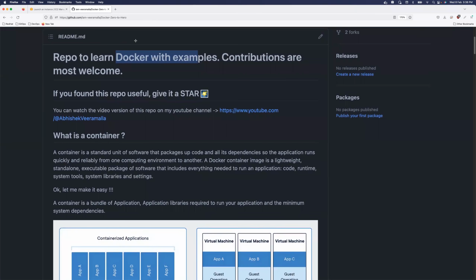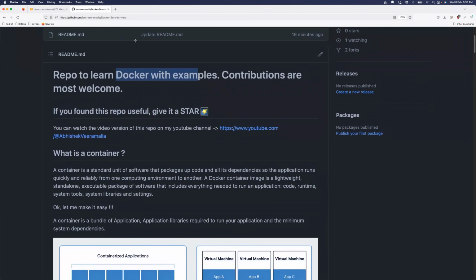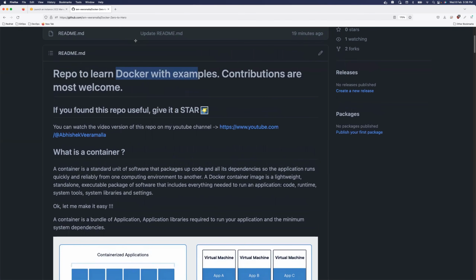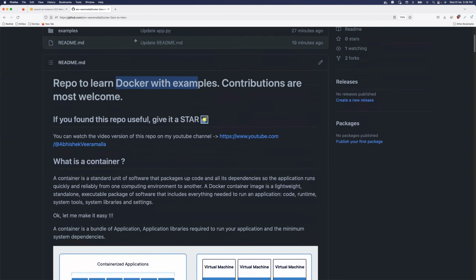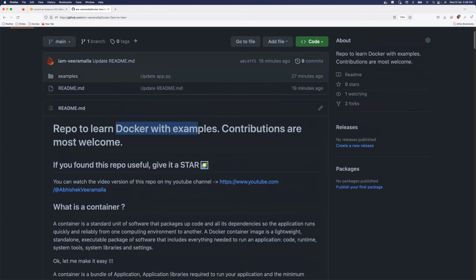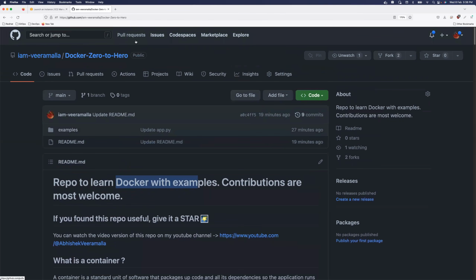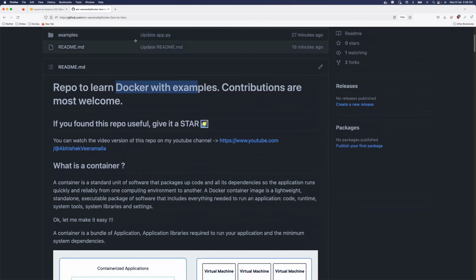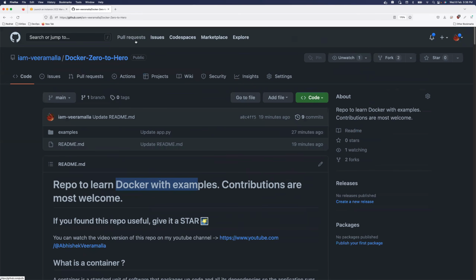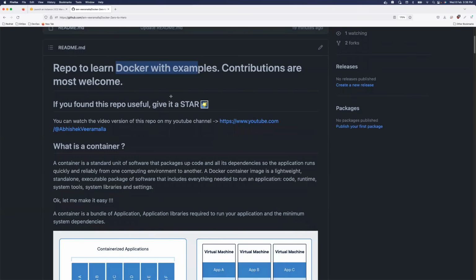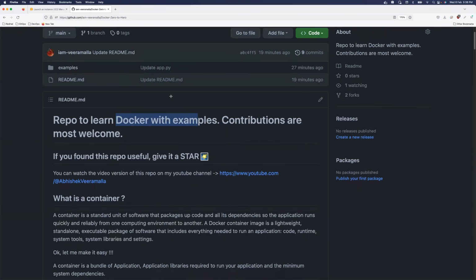Now, coming to the topic for today, we will be talking about the terminologies in Docker. As I always do, I created a GitHub repository which will give you a clear understanding of the entire things that we are discussing in this video. If you haven't followed the video completely, you can fork this repository and do the exact same things that we are doing in the video. So don't forget to star and fork this repository.